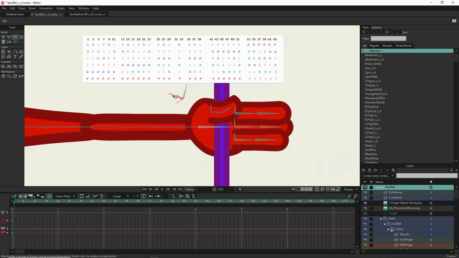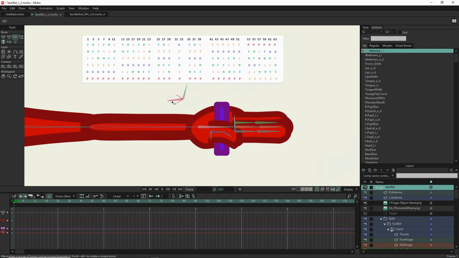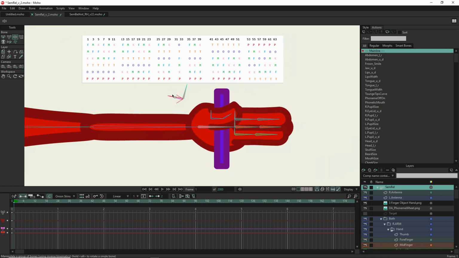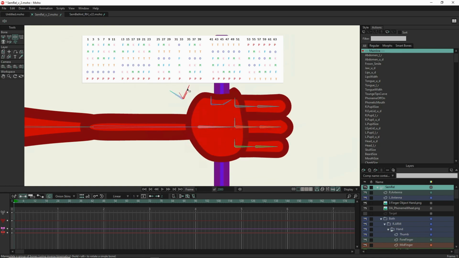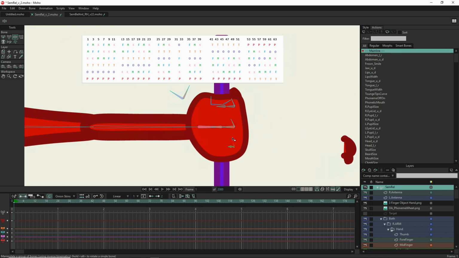So there, the thumb stays on the object as the hand rotates. Okay, and we can do the same with these fingers, of course. We can rotate those inward. Looks like I've still got some parts from the other hand over there coming across. So there we go. We can overlap those fingers and the thumb in whichever manner we like,